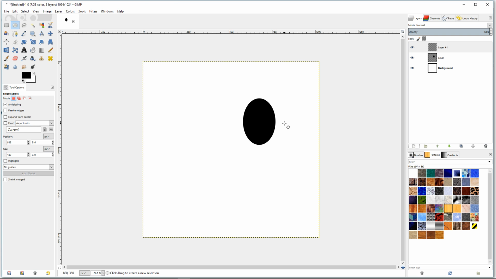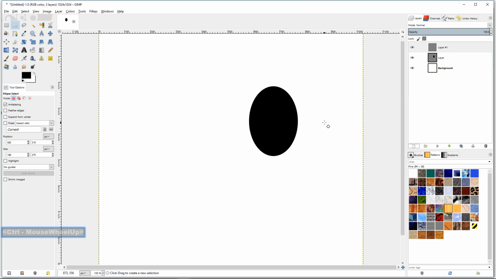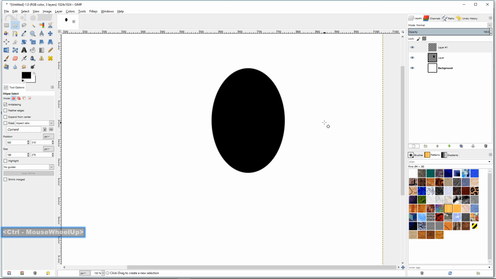Okay, what I'm going to do now is hold control and the middle mouse button to zoom in. So I'm just holding control and rolling my mouse to zoom in. We see this right here, but we're on this layer that's empty. So what we're going to do is go to this selection tool right here, and we're going to draw out this, and I'm just going to pull this right here,